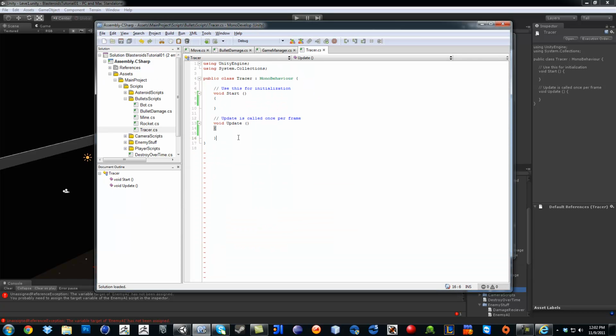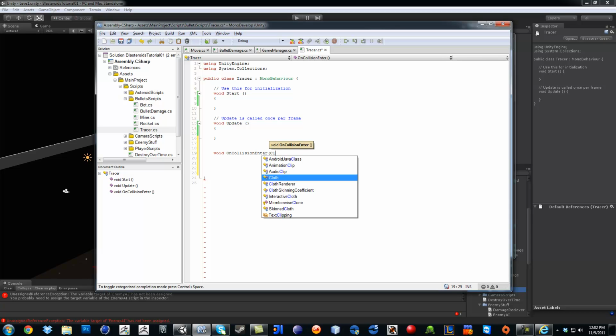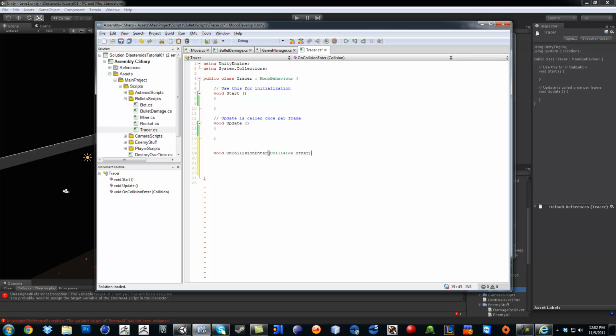After the update, we're going to do a void on collision enter, type collision, and we're going to name it other. So if other dot rigidbody, so if the other object that we're attaching to is a rigidbody,